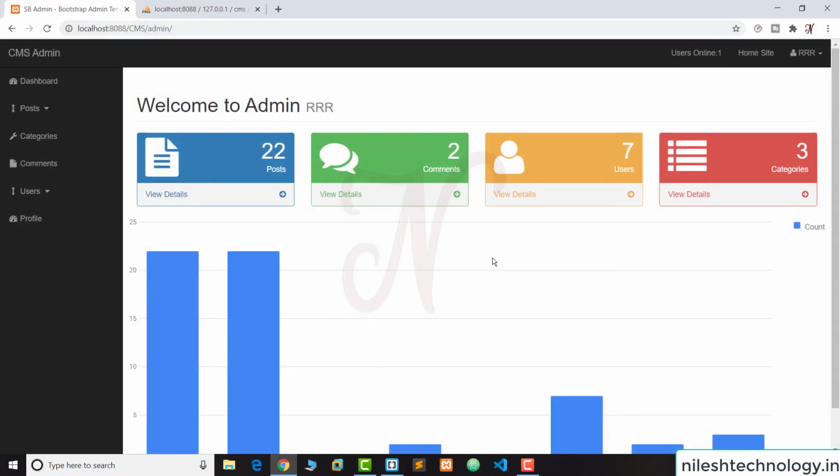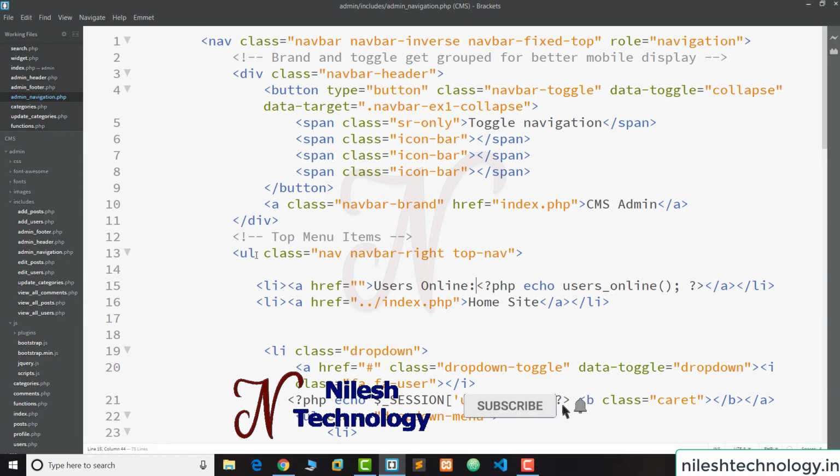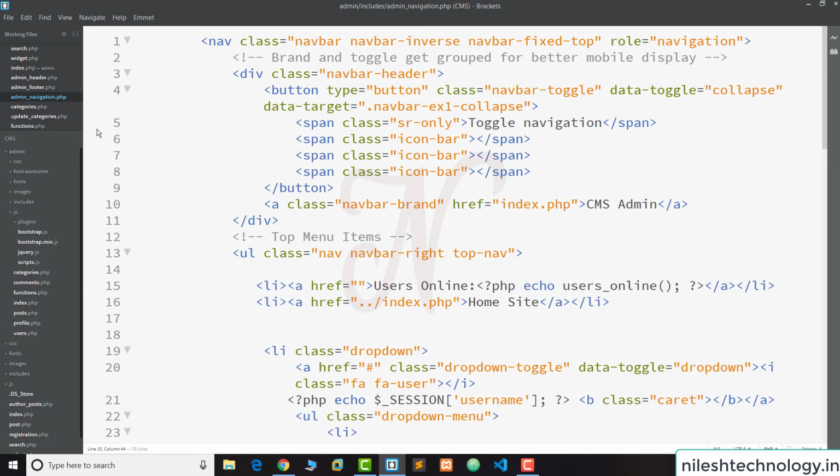So now the next task is to display the users online count without refreshing this page. So we are going to use the Ajax concept in JavaScript. Okay, so this is another level of skill, so you will learn it in this section. So we are going to this script.js file. See here, this is my CSS, this is my JS folder, and this is the script.js file.